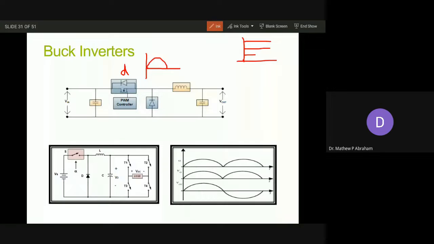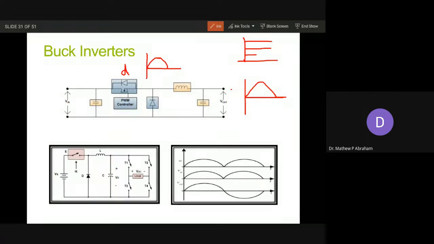We begin with 0, and keep on increasing D so that the DC output voltage will be slightly increased. We keep on increasing D up to its maximum value so that the output voltage will be maximum. Then we keep on reducing D, and the output voltage will be less, right? So at the output, we get a varying DC, right? If we vary this DC with the same frequency with which we want an output AC voltage, then we will get a rectified AC like this, right?